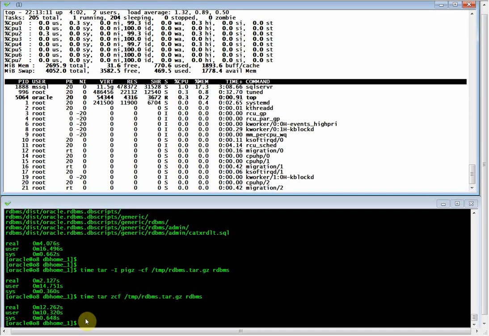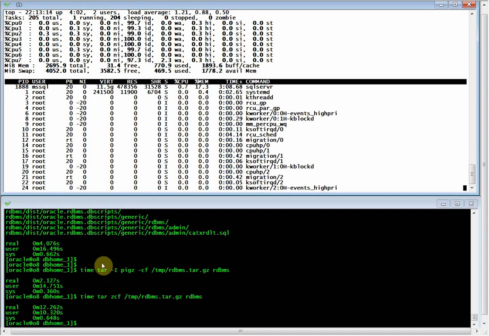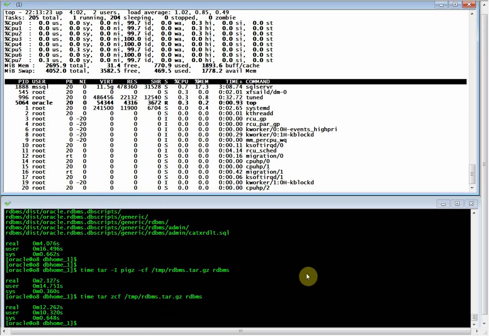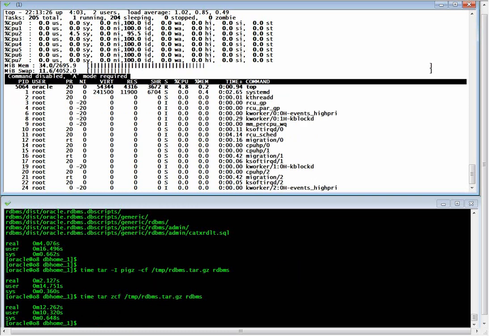So if we're dealing with large files like 100 gigs, a few hundred gigs, this is going to give us a tremendous saving. If you need to learn more about this,